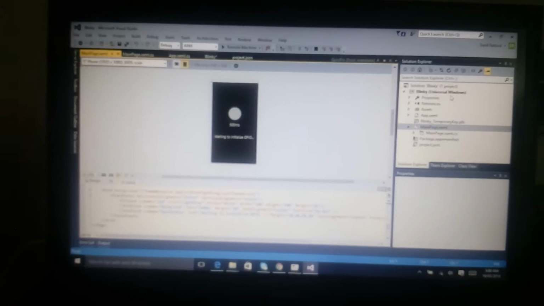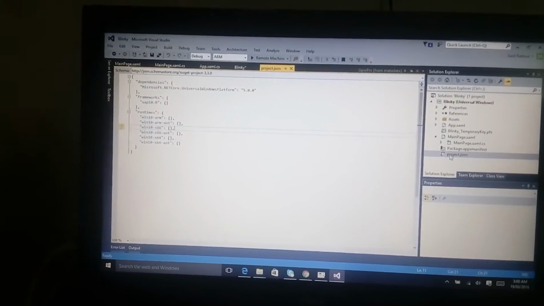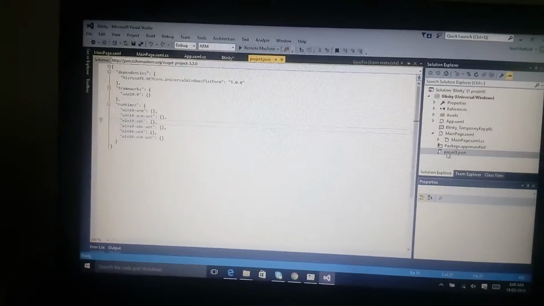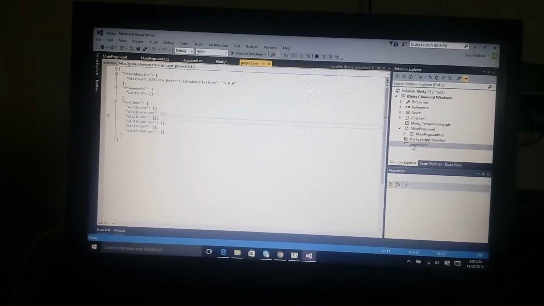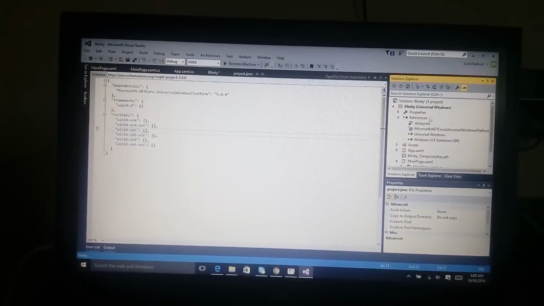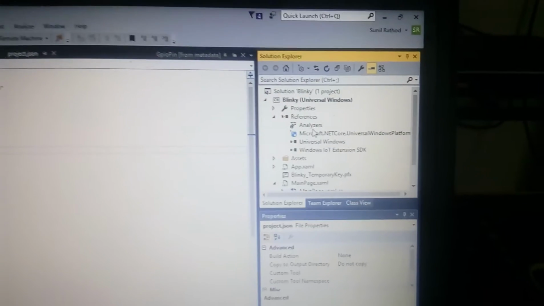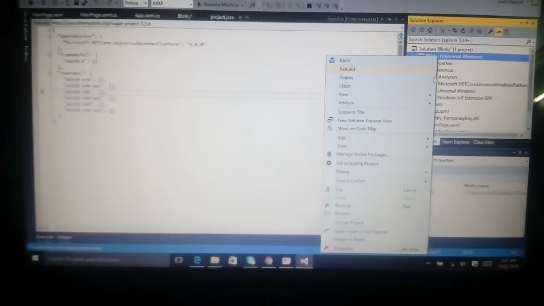Once you get this application downloaded, you have to download all these dependencies that are mentioned in the package.json file. When you actually build this project, these dependencies will automatically get downloaded. And after downloading all these dependencies, you'll see all these references over here. Okay, let me focus it. All right, so all these references will be resolved, and then you go to the properties for this project,